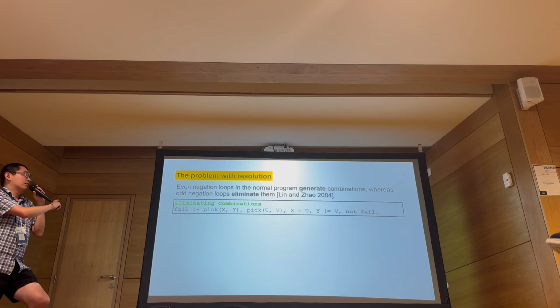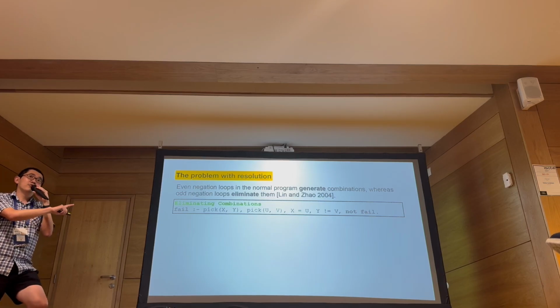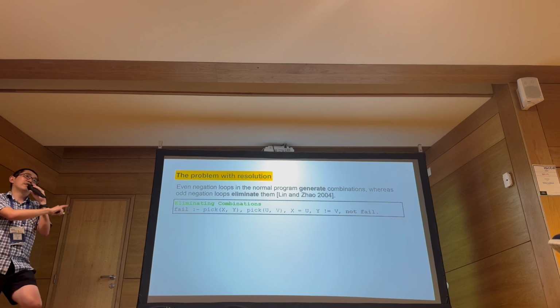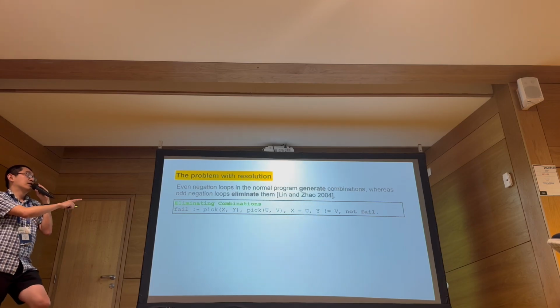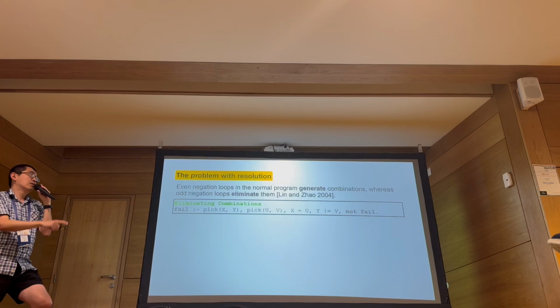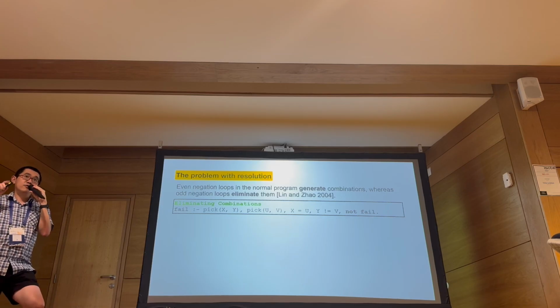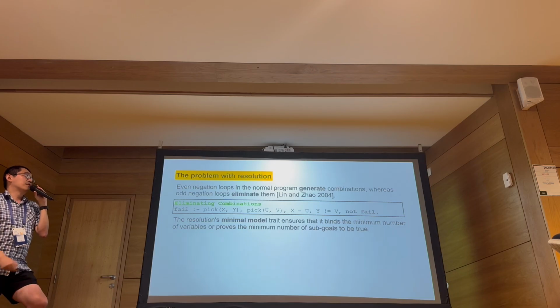So, for example, I extended it into a two-dimensional way. Previously, we only had pick one variables, but now we can have pick two, and we connect them together. Basically, this is kind of the Queens problem. We're saying these two cannot be picked in the same row. This integrity constraint enforces that. If you try to use the resolution to solve it, the resolution will be unable to handle it.